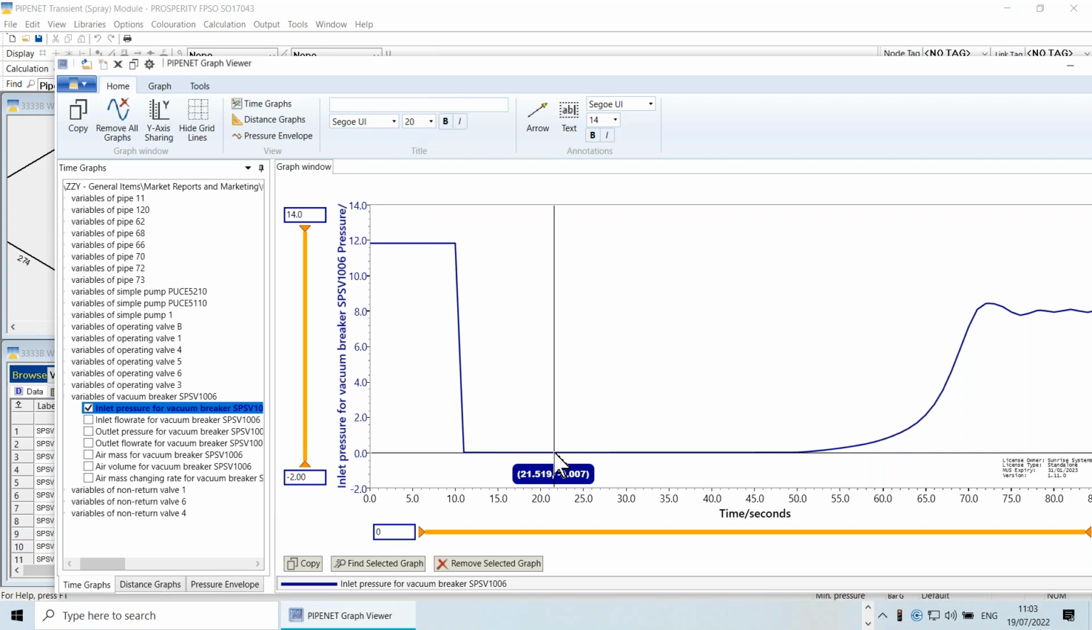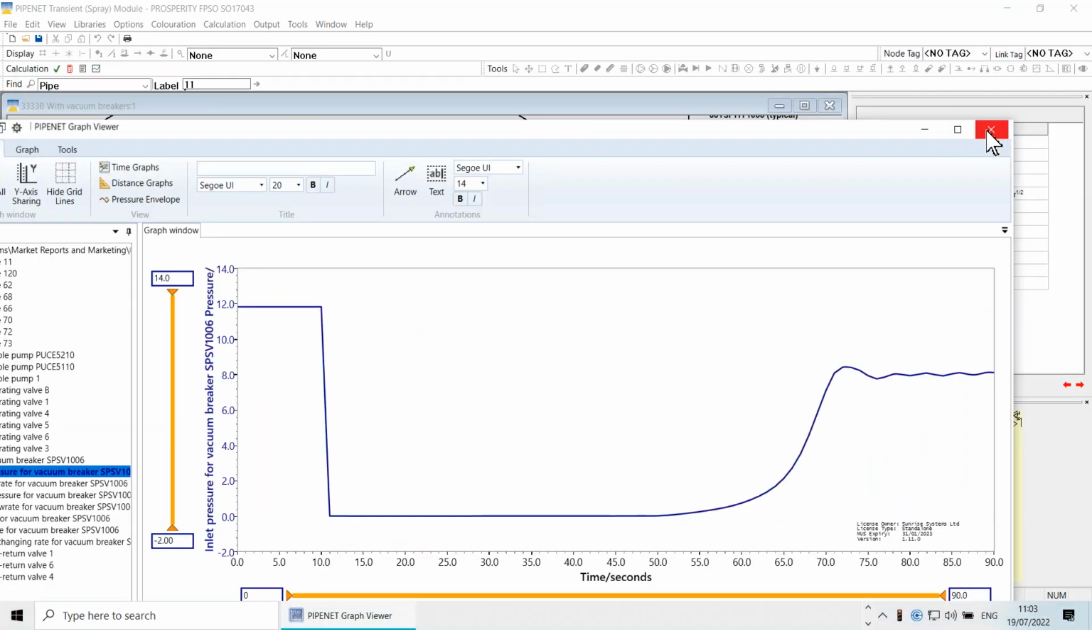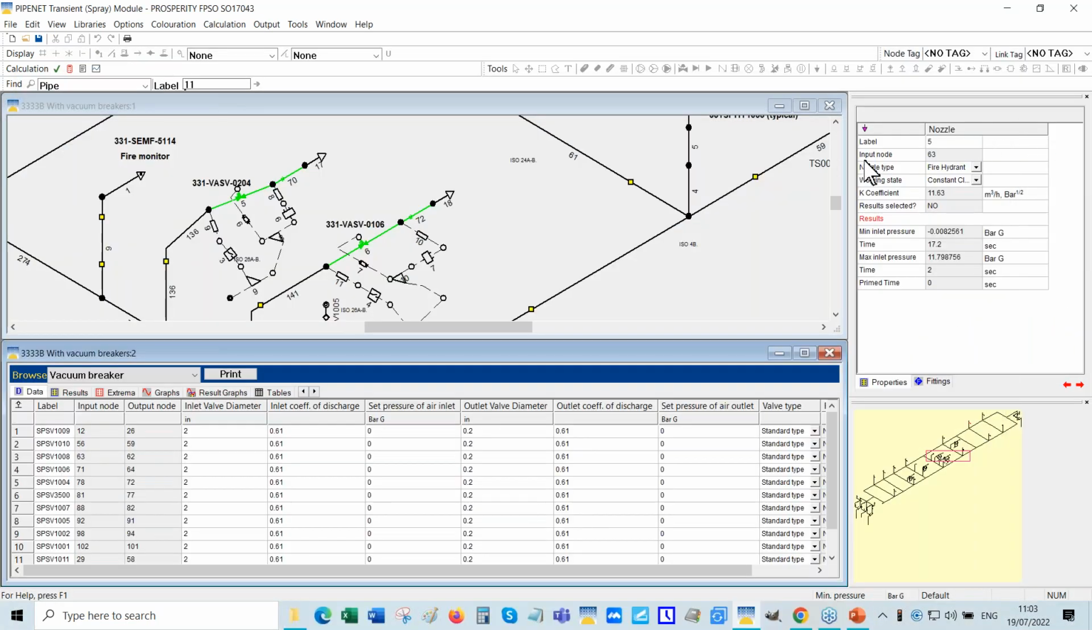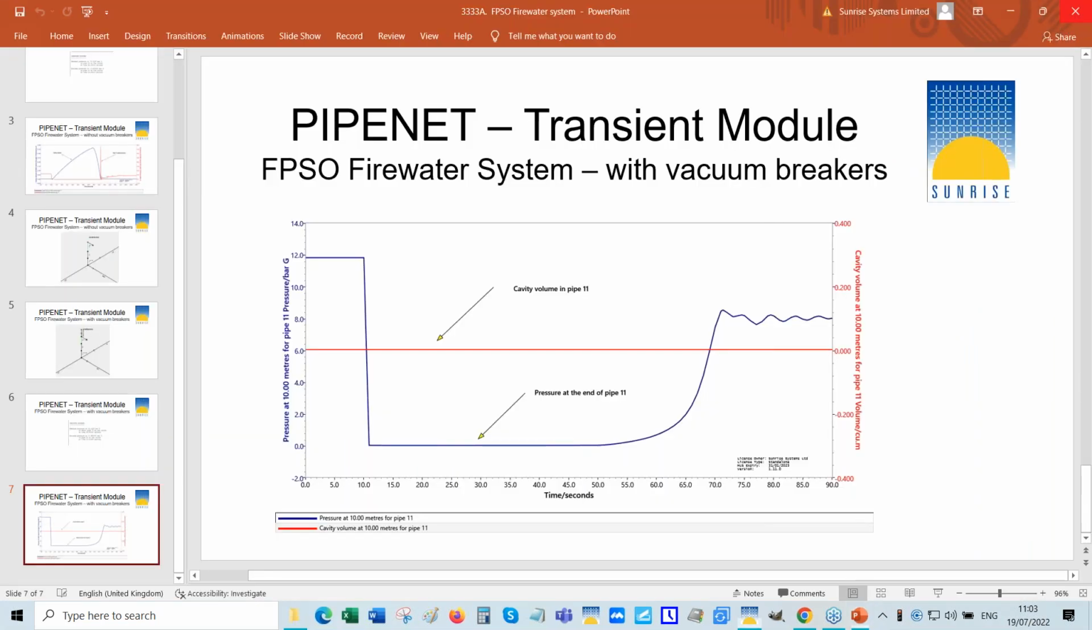If you hover, you'll get two numbers. The first one is the time, and the second is the value. And we've got the inlet pressure. You can see that it's slightly below atmospheric pressure. Because why? Because that valve will have some loss. The air inlet valve or the vacuum breaker valve will have a small loss, and that gives the slightly negative pressure in the system. So let's go to the next